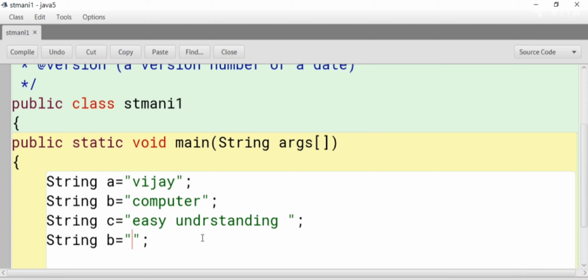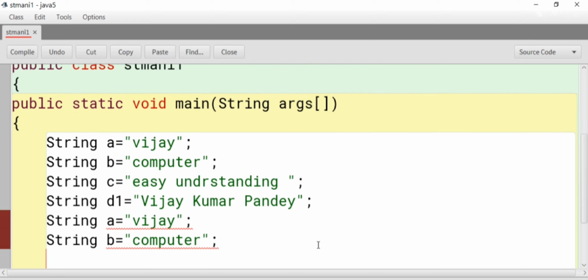And now d1, we can give the value "Vijay Kumar Pandey", and here let's give it name d1, and here we can write Vijay, then K can be in capital, and then P can be capital, and now string d2, again we can give the value, because we can then use compare function to compare the value for d1 and d2. Let's give this variable name d2, and here we can again copy the same value,